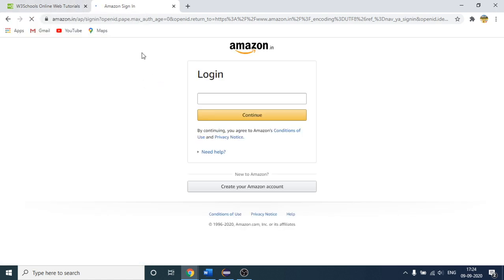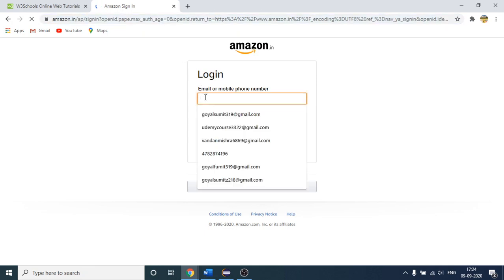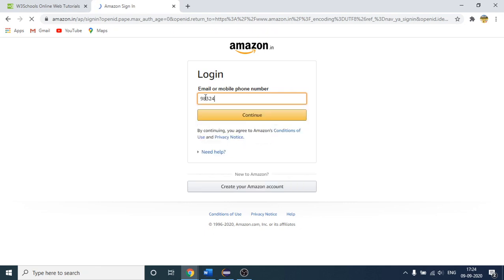So this is the login page of the Amazon website. First of all, I will directly open this. Suppose I am writing one mobile number here. This is my mobile number, suppose. So what we will do, we will try to get this value which is present inside the text box. Let us do the practical, then it will be more clear. So I am just copying this whole link. This is very big, but it's okay.